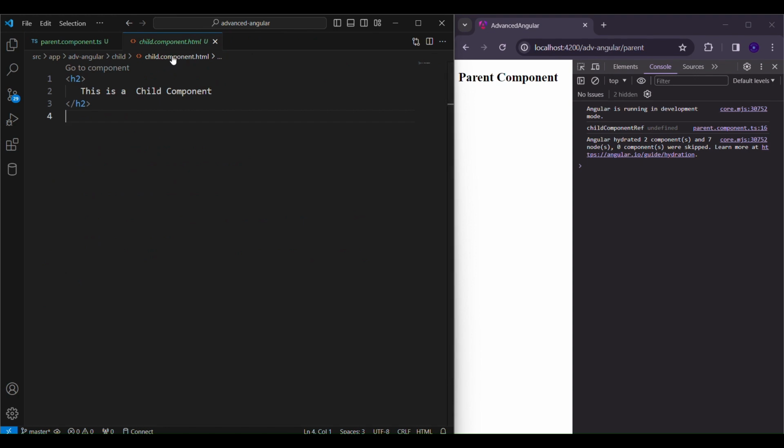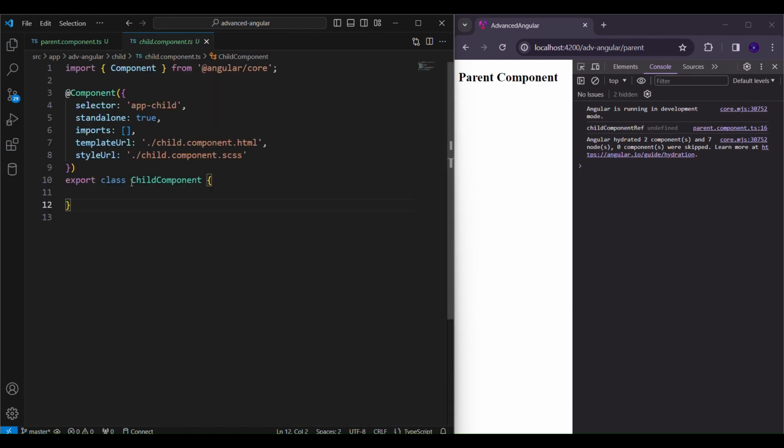And now we'll move towards the child TS file, into which we will declare some properties that I can access in my parent component. Okay. So suppose I am initializing the child property as string and giving it a value as hello from child. Okay,